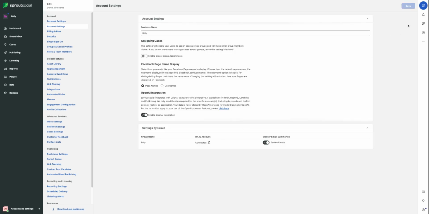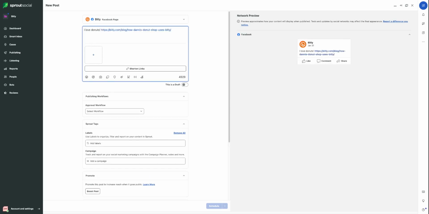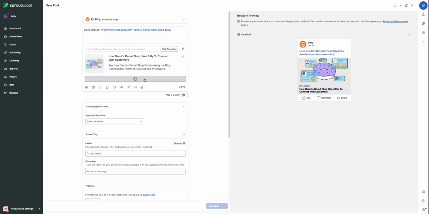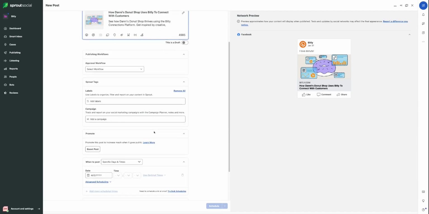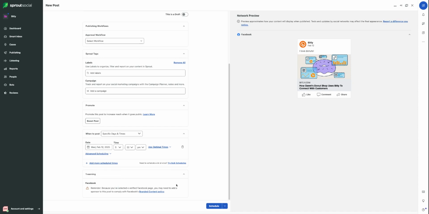So let's go ahead and schedule a post. I'm going to start my post and paste in the long link. Then click Shorten Links. Depending where you want to post this, you can either leave the URL or delete it. And then scroll down and decide when you'd like to schedule the post, or go ahead and post it right